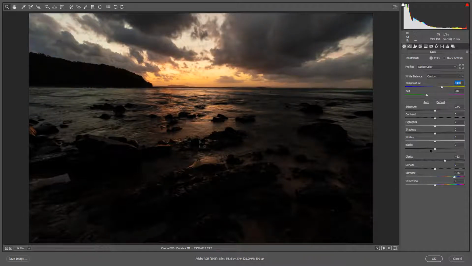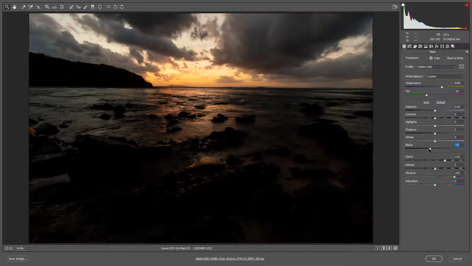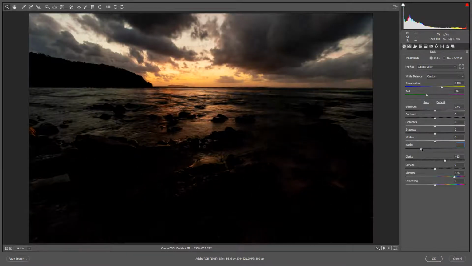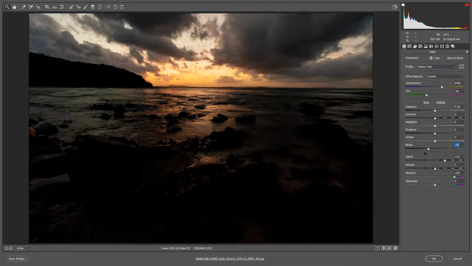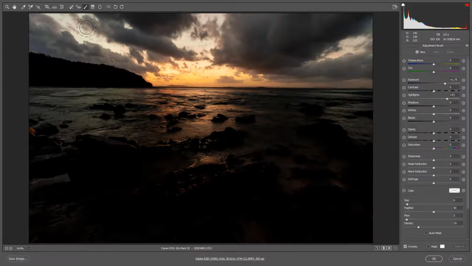And what I could do is take down the blacks a little bit to give it a little bit more power in the sky. And I could ignore what it's doing on the foreground, of course. But you will notice I've got a bit of a weakness over on the right hand side, a few little dust spots to deal with, and a little bit of weakness on the left side in the sky, of course. So I'm going to pick up my adjustment brush. I will just brush over that area to create the pin, reset everything on the right hand side here,